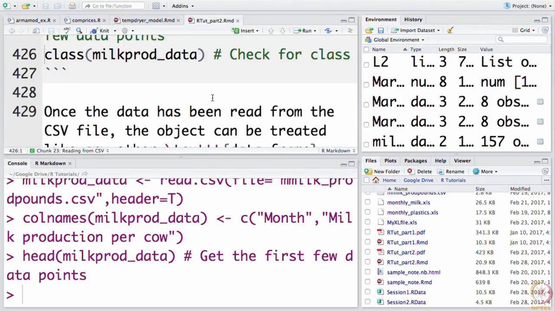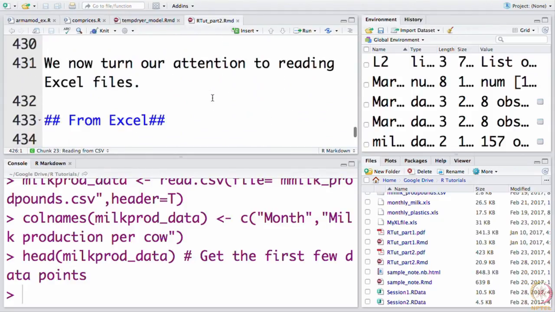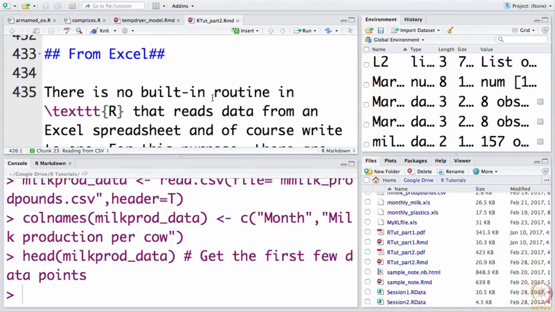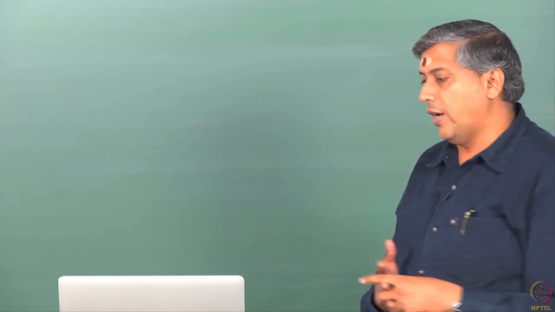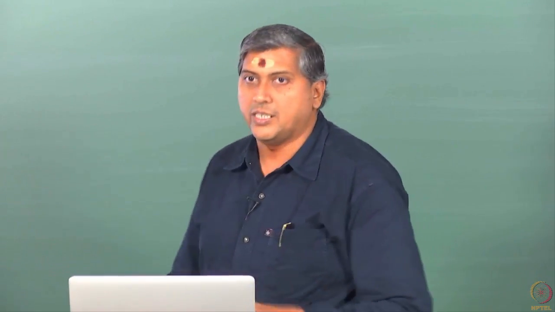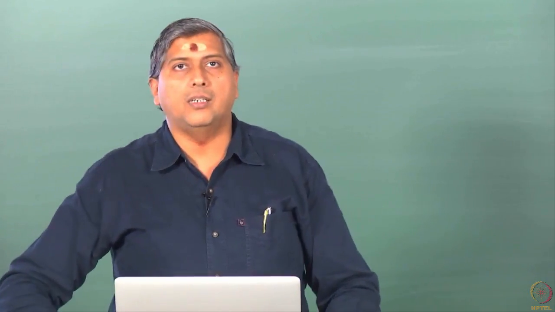Now that it is a data frame object, you can do all the things that you can do with a data frame. Finally, let us move on to learning how to read data from an Excel file. We know the difference between a CSV file and an Excel file is that in an Excel file you have worksheets, named worksheets and so on. By itself, R does not have the functionality to read data from an Excel file.